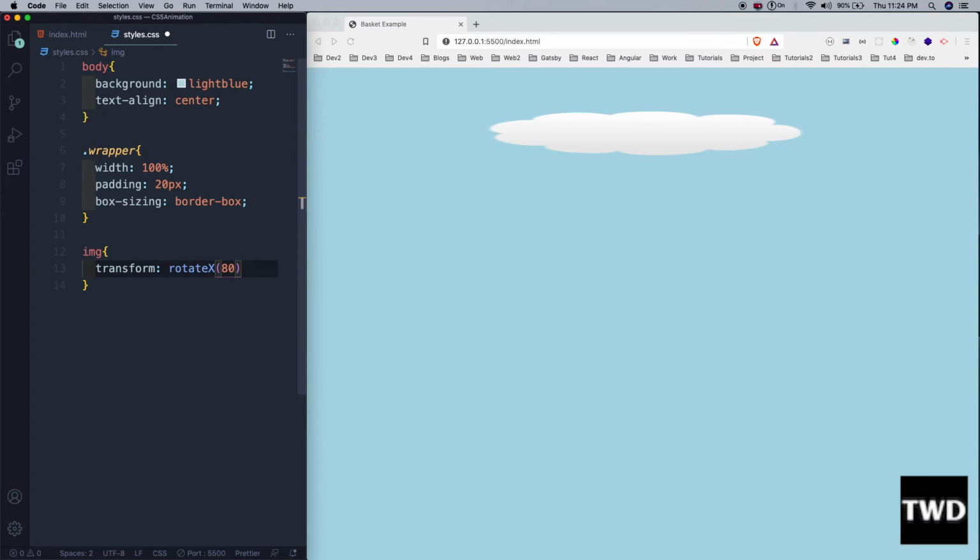Suppose 80 degrees I will give. So it is seeming like it is smaller, but what it does along the x-axis, you can view it as a 3D thing. So it rotates it, so when the human eye looks, it seems smaller, but it is actually rotating